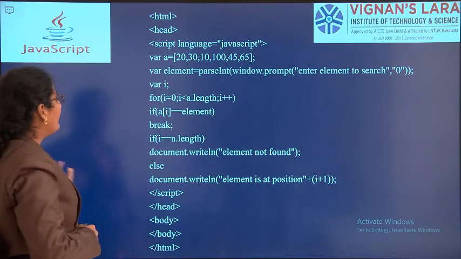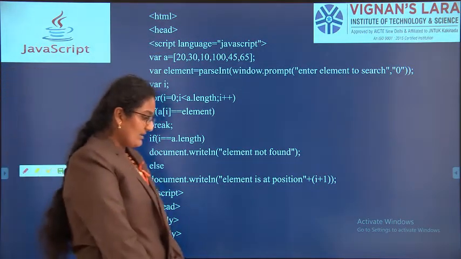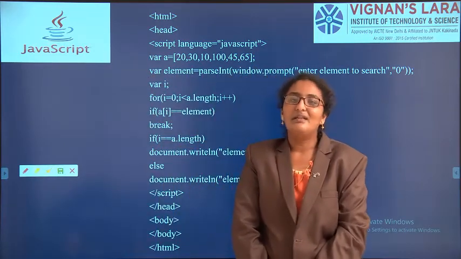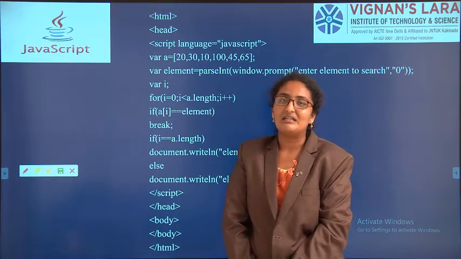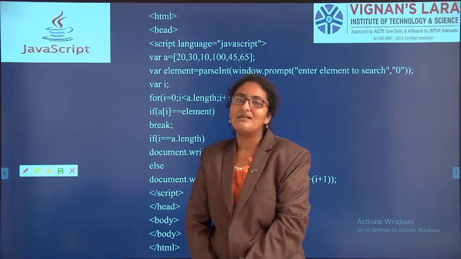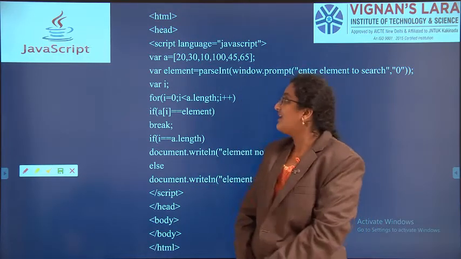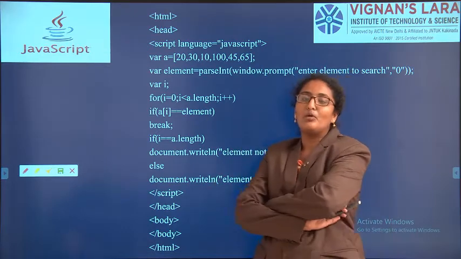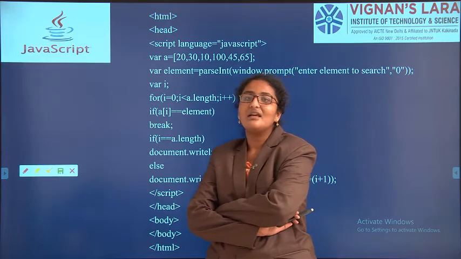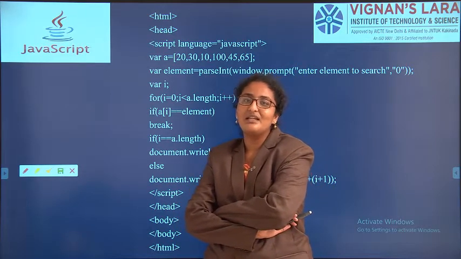So by this we can end the topic of arrays. What we have discussed: how to declare the array, the 6 ways to declare the array, then push, pop, insert, for inserting and deleting, then reverse, sort. We have seen some examples, and finally writing a JavaScript program for linear search using arrays. In the next class, we will see functions. So arrays completed, functions we will see in the next class.